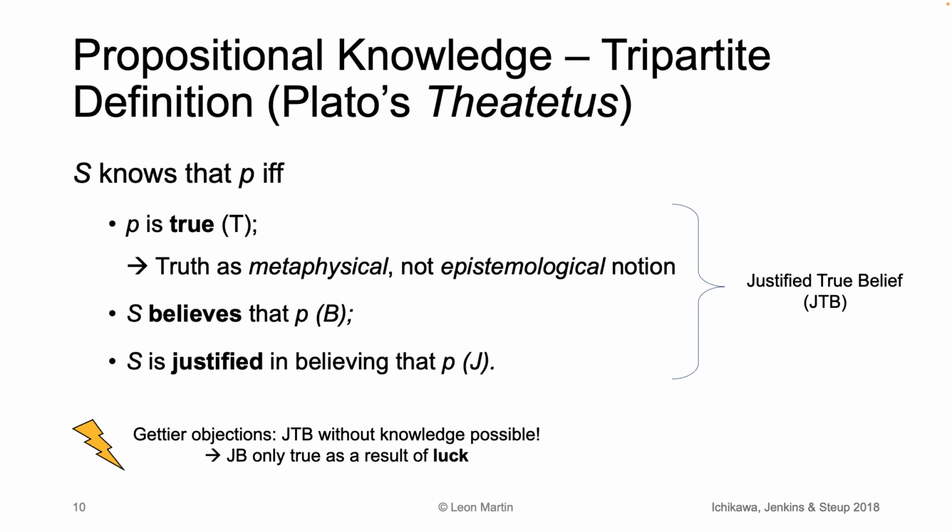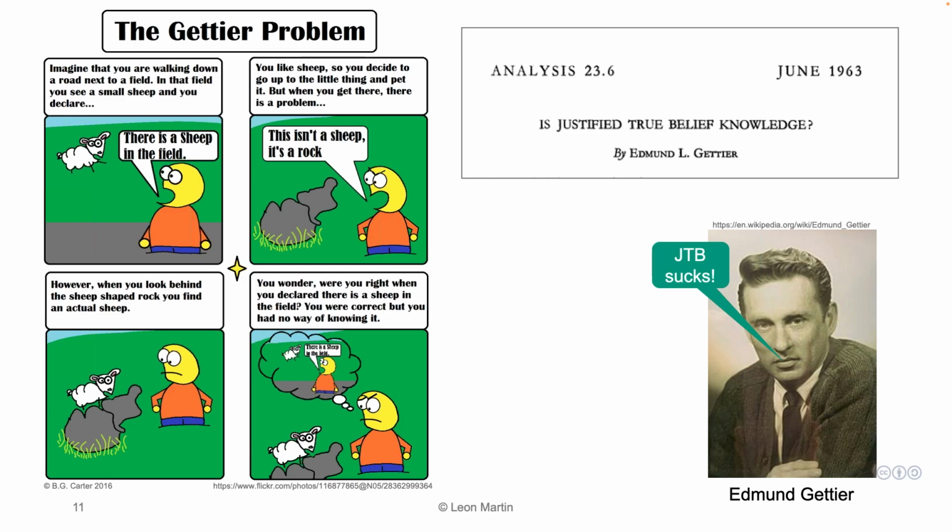And he says that justified true belief is possible without knowledge. It could be that we have a justified belief that is true only as a result of luck. For example, one problem that is formalized is, imagine you are walking down the street and there's a field next to you, and you look across the field and you see, farther away, a sheep in the field. So you have a belief, there's a sheep, and it's kind of justified